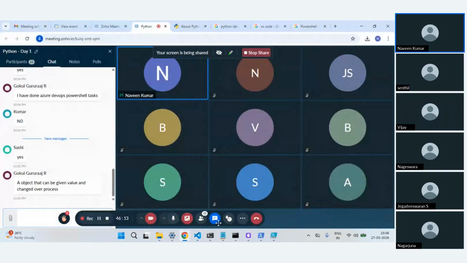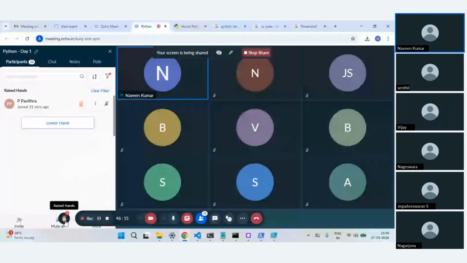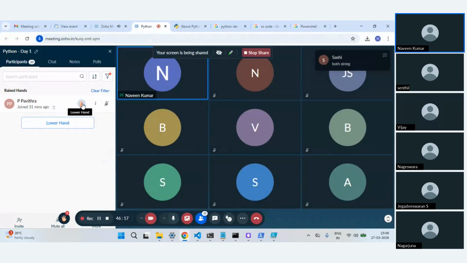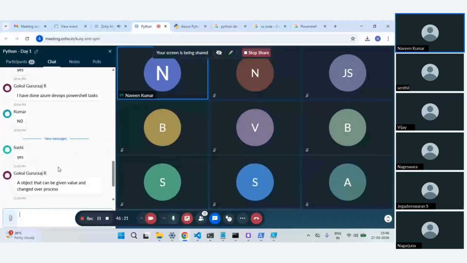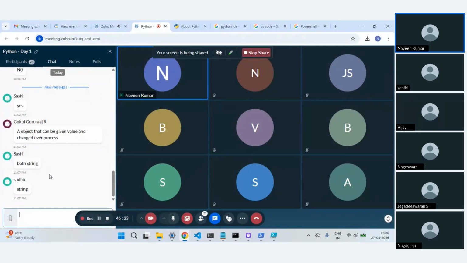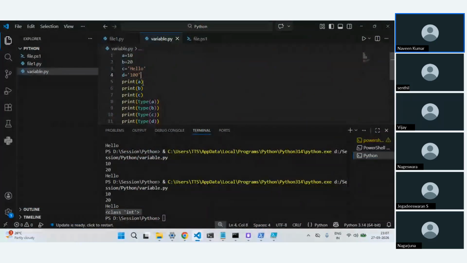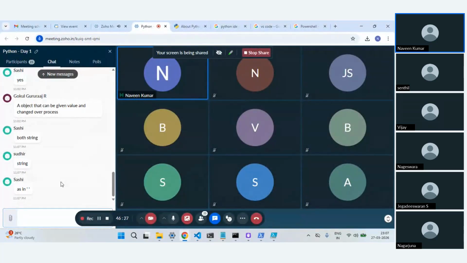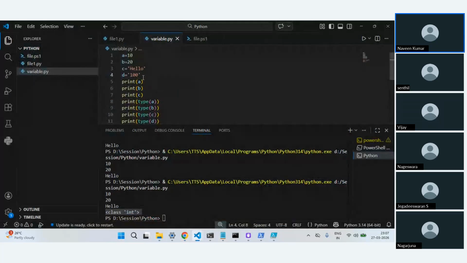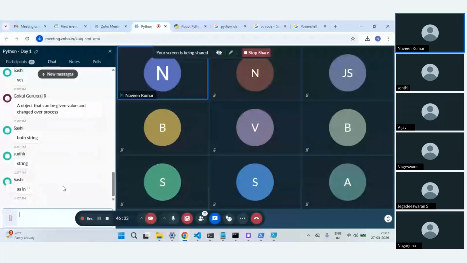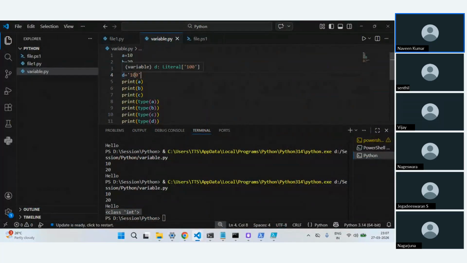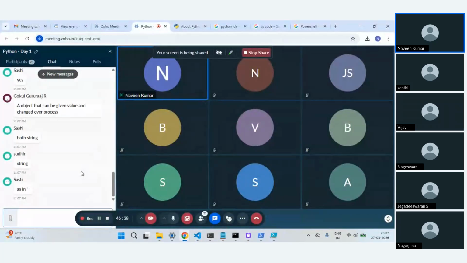I see someone has raised a hand. String, both string, but D is 100, right? As in quotes. So you're telling 100 is a string in this case, since it is within the quotes.